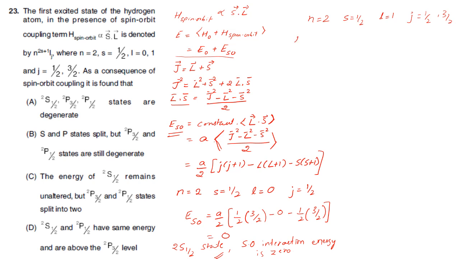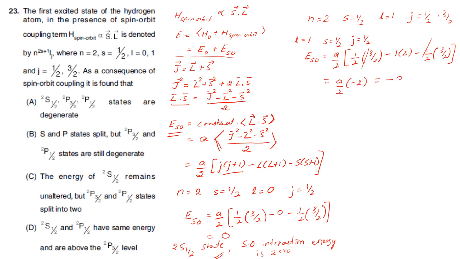If L is equal to 1, S is equal to 1/2 and J is equal to 1/2, then the energy due to spin orbit interaction is given by A/2 times [J(J+1) = 1/2 into 3/2, minus L(L+1), that is 1 into 2, minus S(S+1), 1/2 into 3/2]. This and this cancel, so it is A/2 into minus 2, that is minus A. That means